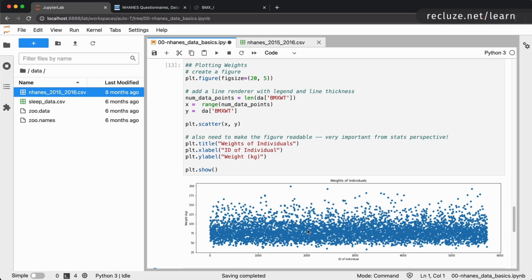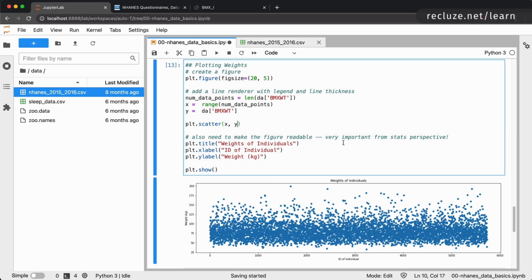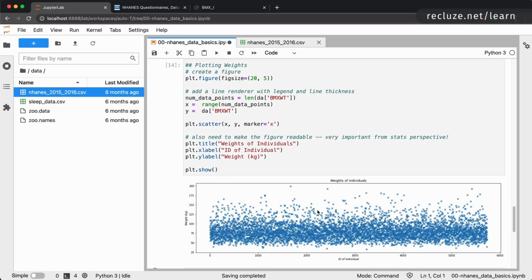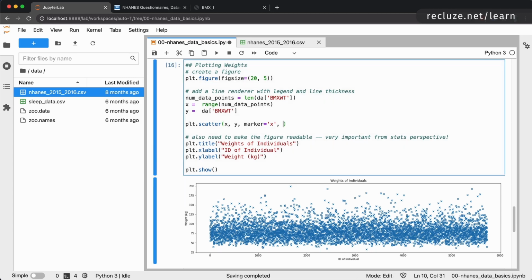This is where a little bit of creativity comes along, but there are very, very easy options that you can use. For instance, you can change the style of the dot to a small x. So you can say that, and that's going to turn this into an x. It's already pretty pleasing, but you can go ahead and change the size of this x to be a lot smaller, and that's going to make this whole mess look a lot cleaner, right? So let's go ahead and set s is equal to 0.4.